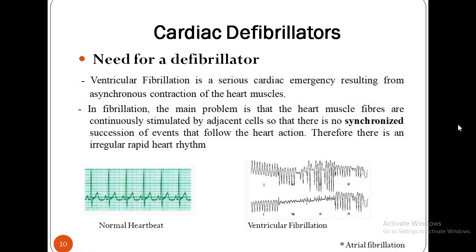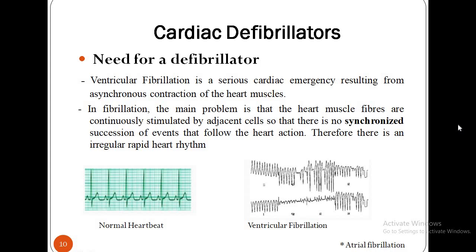The next therapeutic equipment is the cardiac defibrillator. Ventricular fibrillation is a serious cardiac emergency resulting from asynchronous contraction of the heart muscles. This uncoordinated movement of the ventricle walls of the heart may result from coronary occlusion, from electric shock, or from abnormalities of body chemistry. Because of this irregular contraction of the muscle fibers, the ventricles simply quiver rather than pumping the blood effectively. This results in a steep fall of cardiac output and can prove fatal if adequate steps are